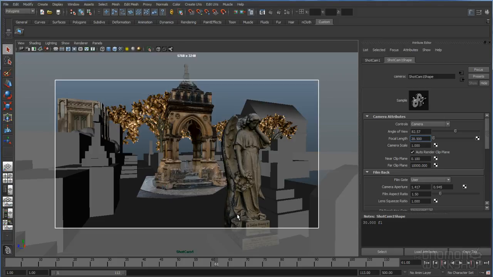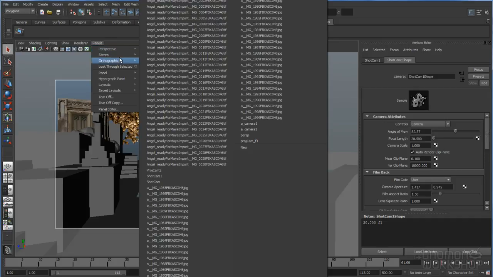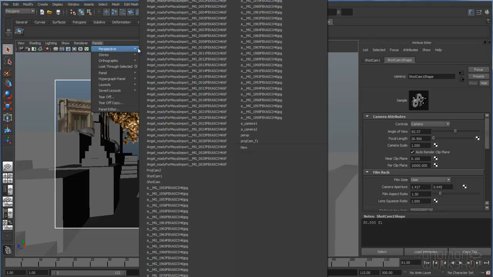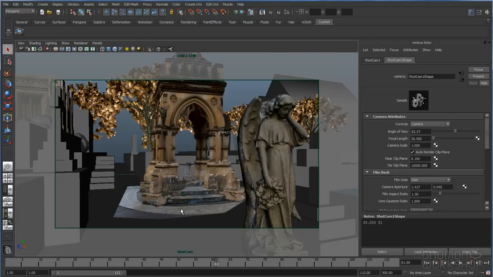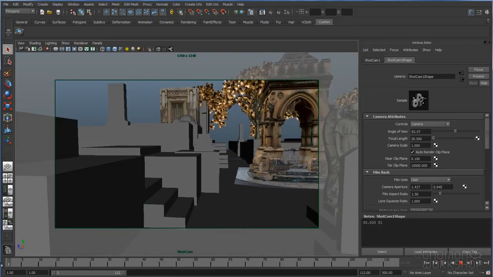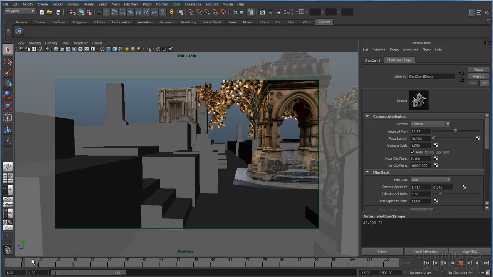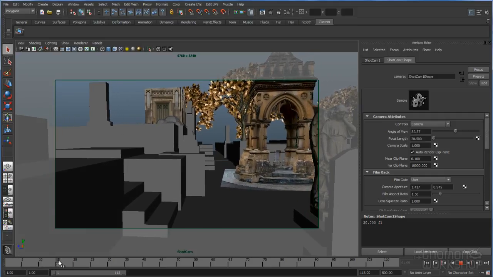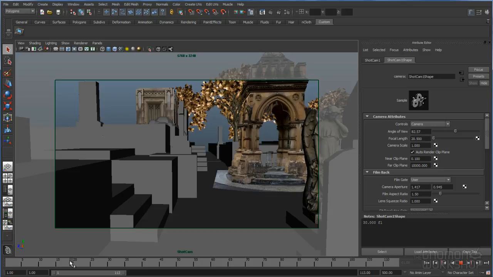And so to set up our second projection, what you're going to need to do is look through the shot camera again. And now that you've got the beginning of the hero part of the shot, now we need the secondary part of the shot, which is going to be at this part here. So if you move the camera forward just a little bit,